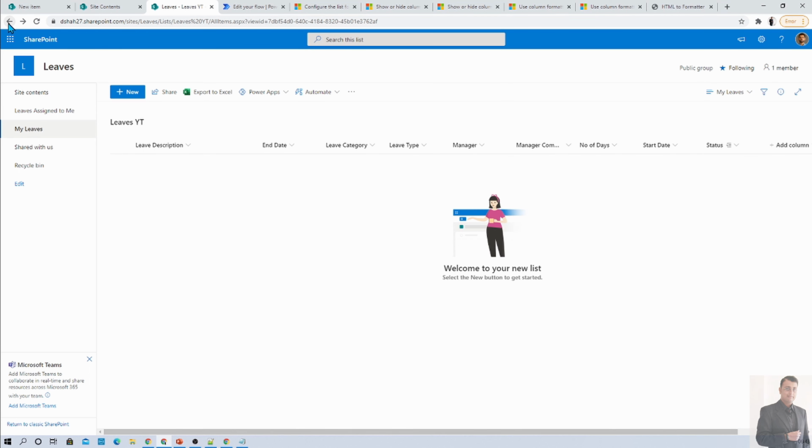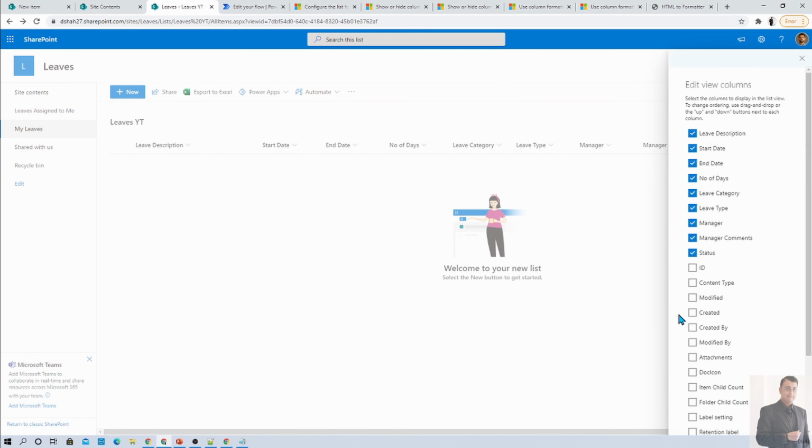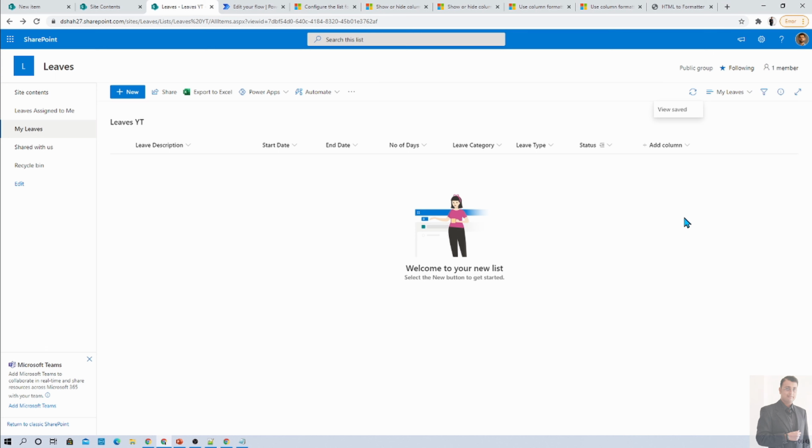So I already customized that thing, so I'm able to see this kind of view over here. Now here I just wanted to arrange my columns. So I just wanted to have start date, end date, number of days, and then status column, and I do not want to show the manager information over here. So I'm just going here and show hide column. I just wanted to hide the manager comments and manager information from here, right? So this is how my requester view is looking like.